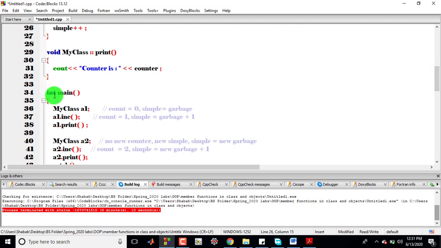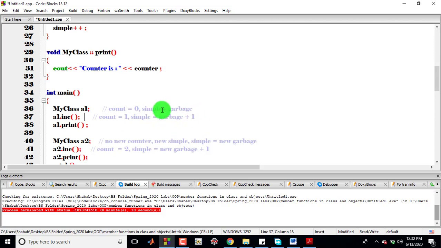In the main body, we call both functions, increment and print, on A1 by using the dot operator. We have two objects, and both objects call the increment and print functions one by one. For A1 dot increment, the counter initially stores the value 0, but when the increment function is called, the counter becomes 1, and the simple variable also increases its value by 1.